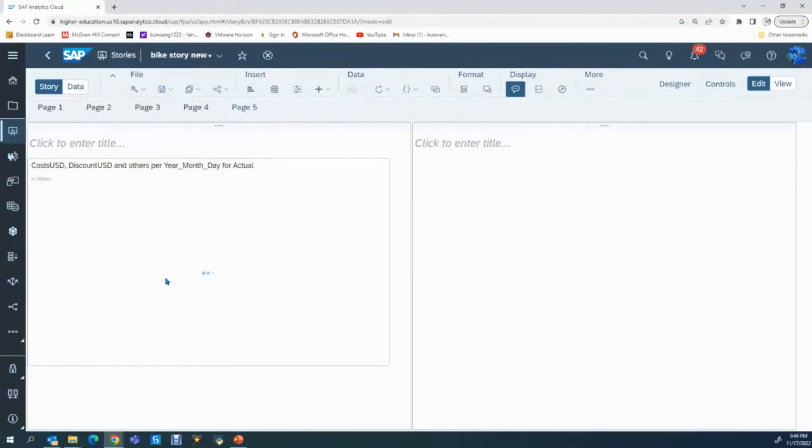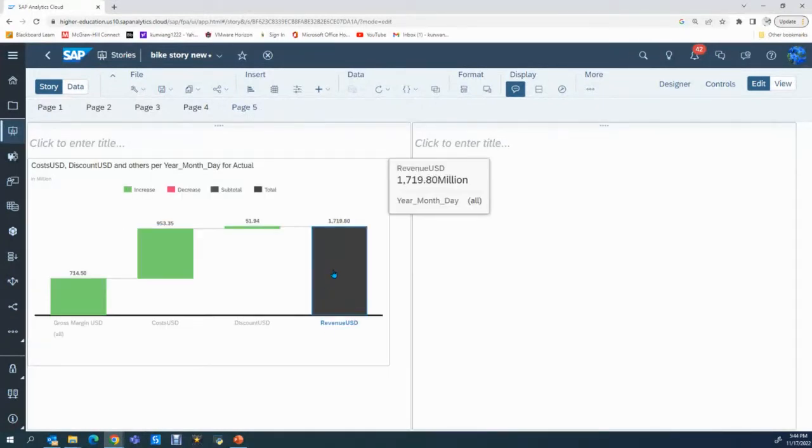This is also a nice feature, especially from our accounting background, right? So this is your total revenue. And if you make a waterfall chart, you can quickly see the percentage of the cost, or a portion of the cost, as compared to your revenue: how much the cost takes up of your total revenue, how much the discount is, which is only a very small portion of the total revenue, and how high the final gross margin is. You can even input your final net income